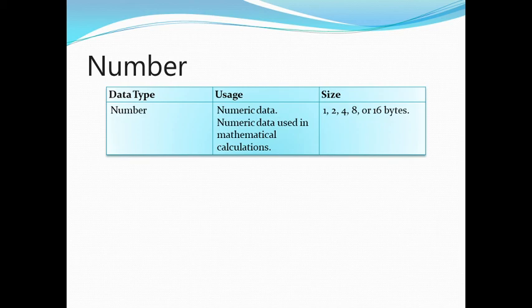You cannot apply a mathematical function, that means addition, subtraction, multiplication, division will not be possible on that number if you declared it as a text type of data. Is it clear? So in future, if you want to use numeric data for calculation, you have to declare it as a number. Now the maximum storage capacity of the number data type is 16 bytes.